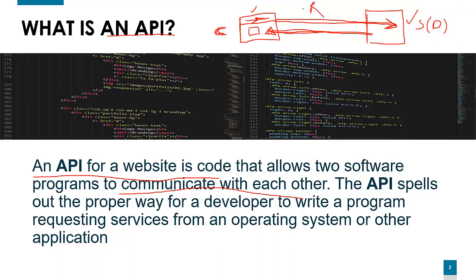Now this request is sent with the help of an API. That's why this line says that an API is code that allows us to send requests and allows one server and client to communicate. You can say two software are communicating with each other.